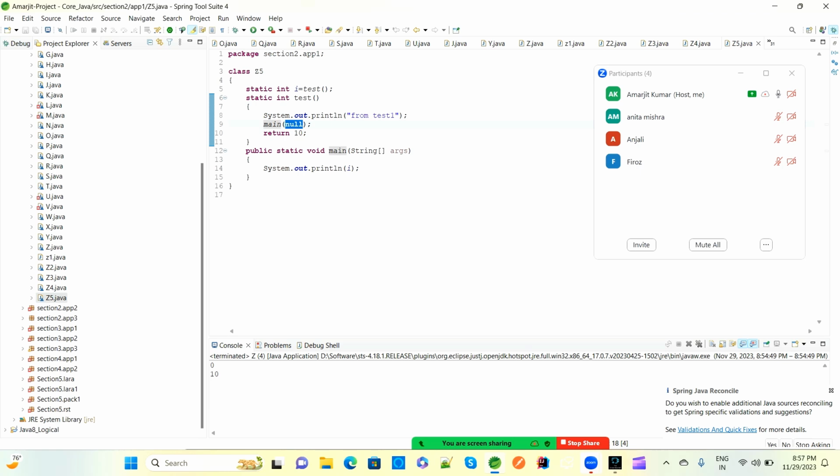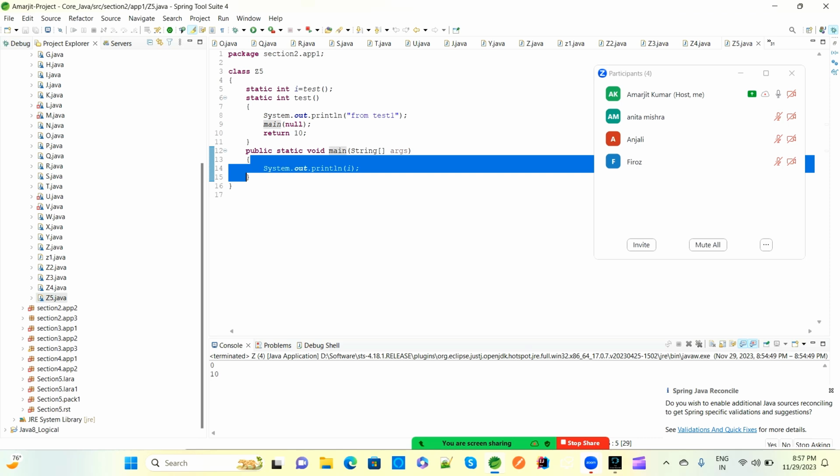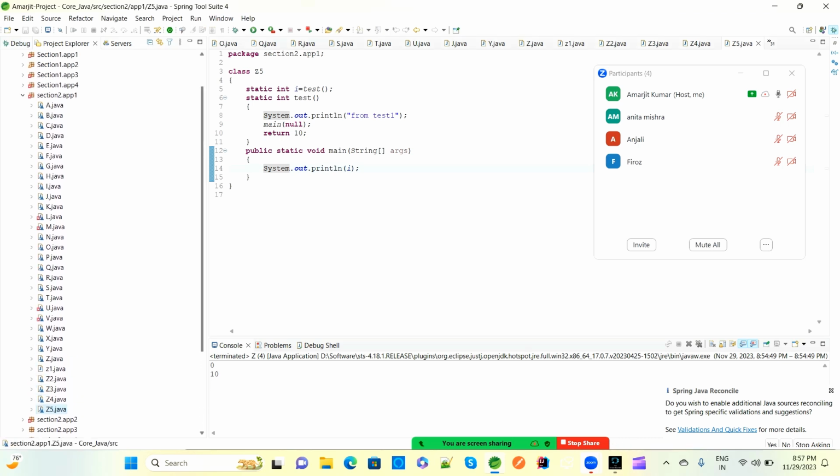So this "form test" will be printed, and then main as null, and return 10 is there. So this will be defined as null, and return is 10. If we go for this SOP, then the compiler will go from this SOP and this, and then redefine this I value as 10. So like that we have covered the static method and the static variable,